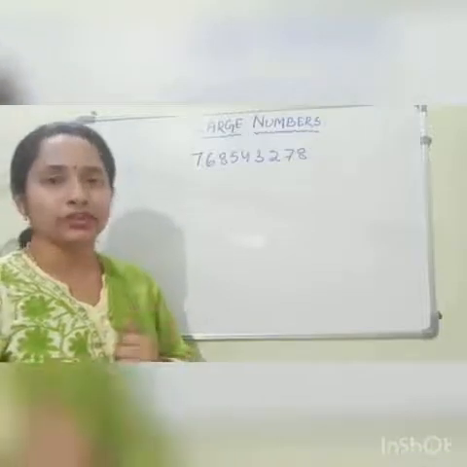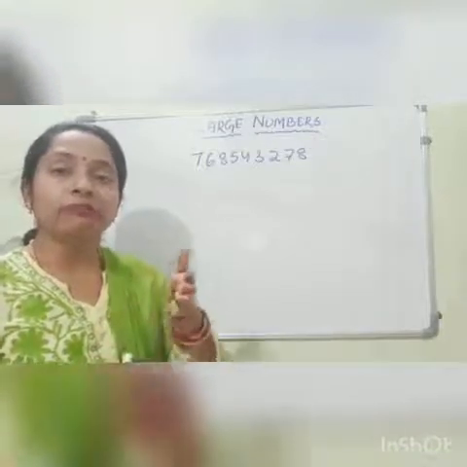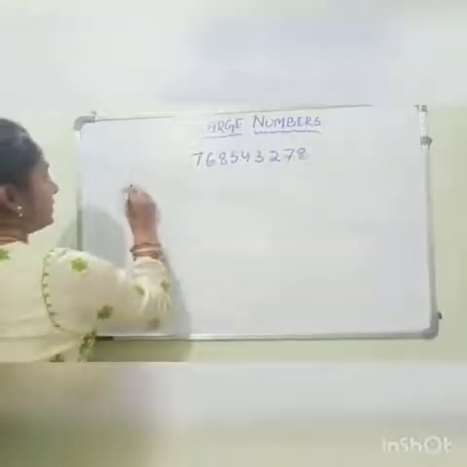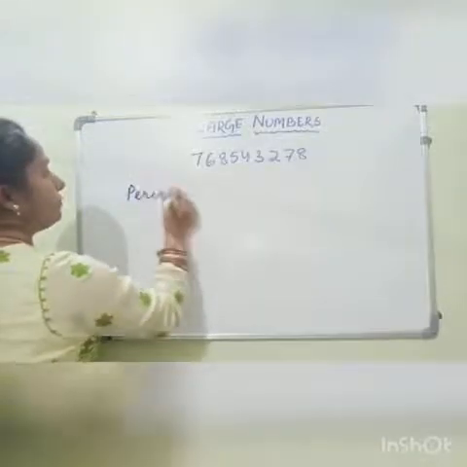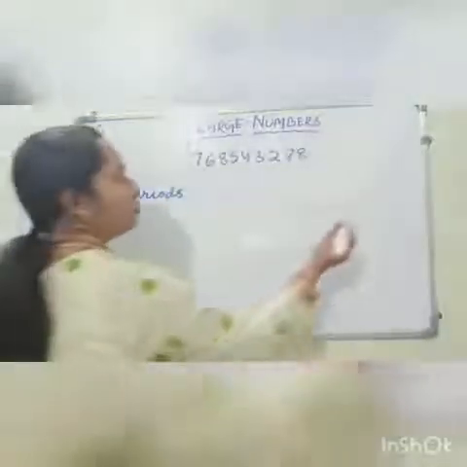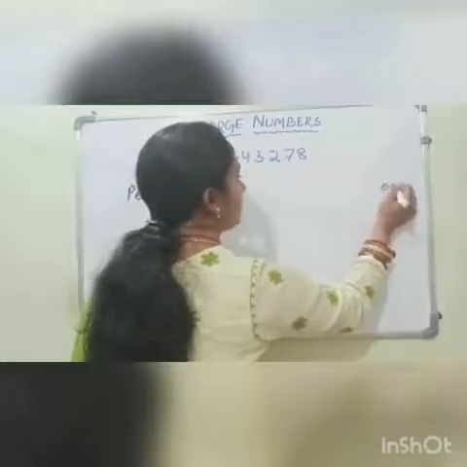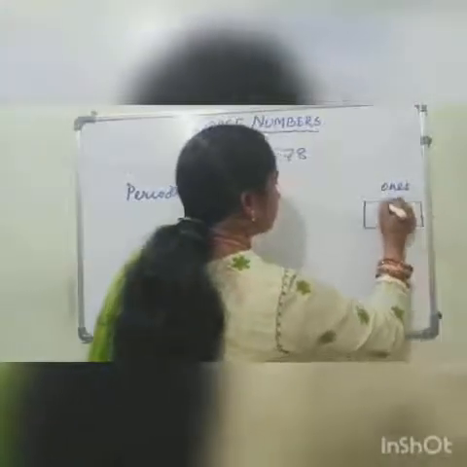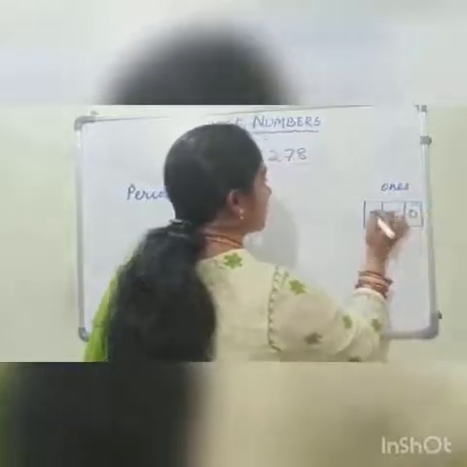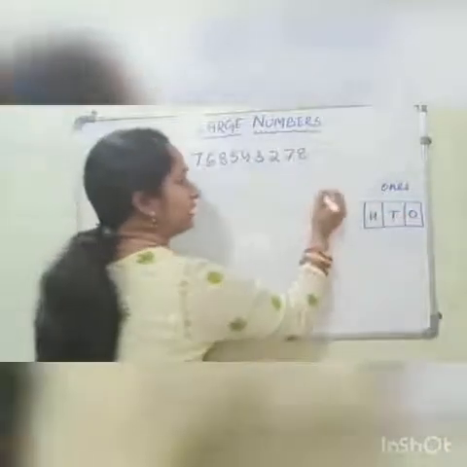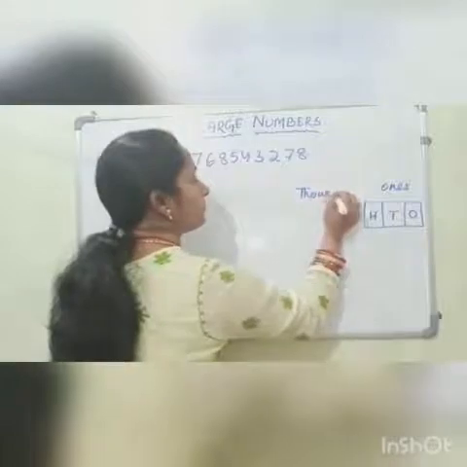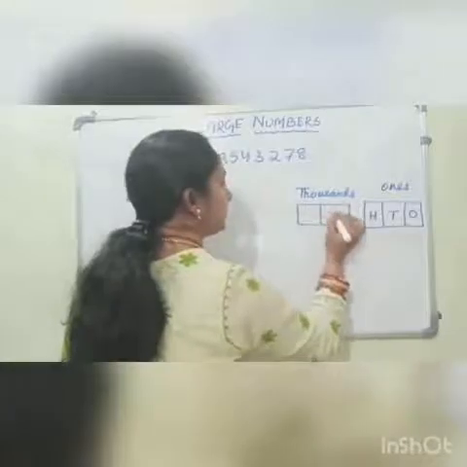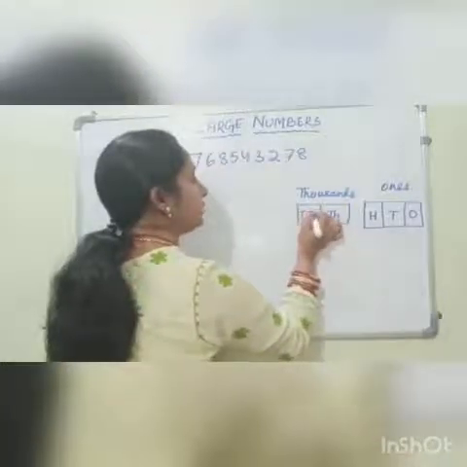In Indian number system, we have some periods as well as place values. Now, if we will go for the periods of an Indian number system, the least period is the ones period, which consists of 3 places. That is ones, tens and hundreds. The next period is the thousands period. In thousands period, we have 2 places, that is thousands and 10,000s.